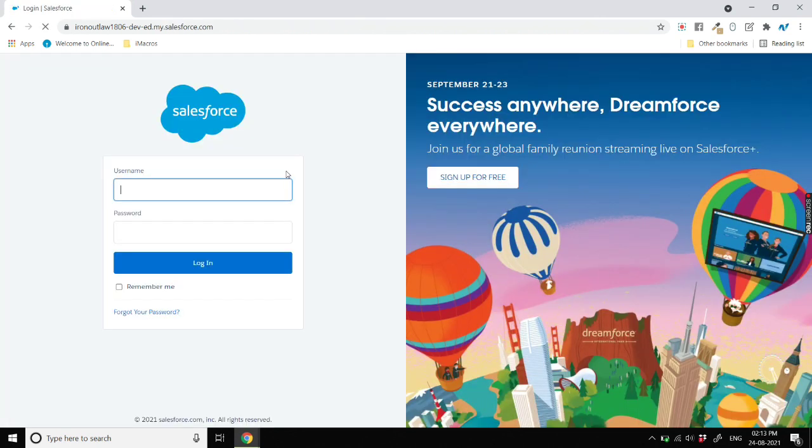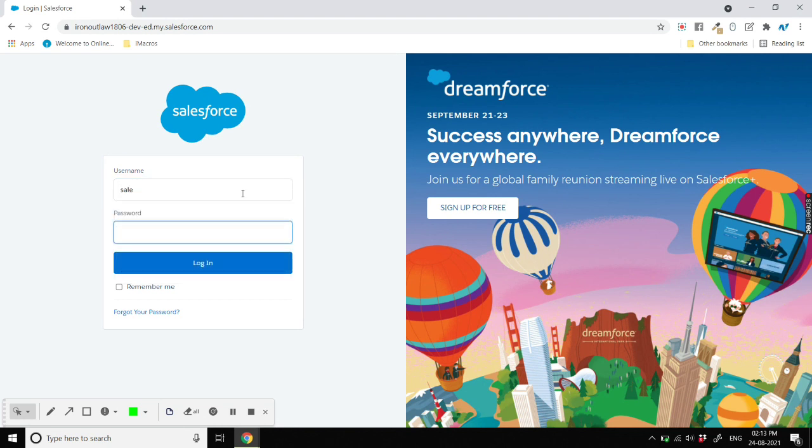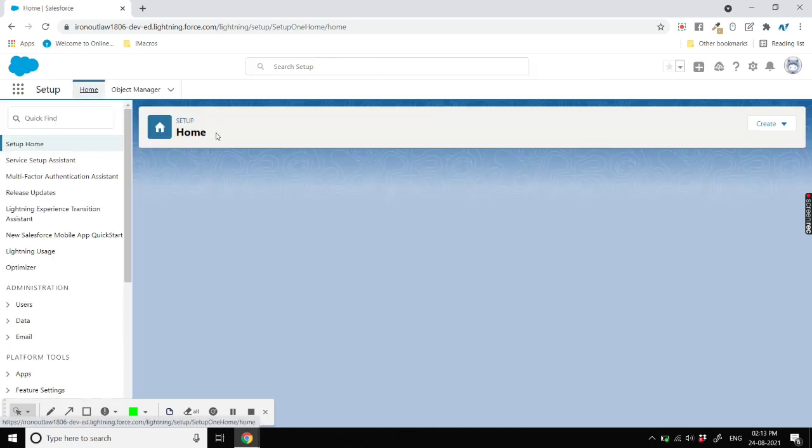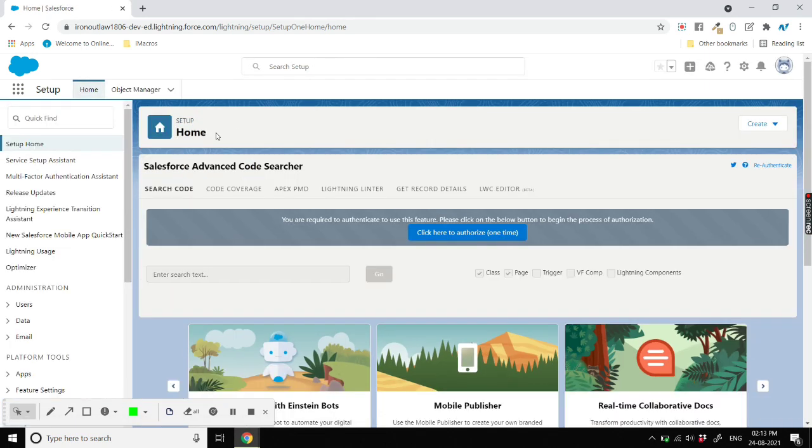Without the multi-factor authentication, I will show you that it's not possible to have a two-factor authentication. See, for this user, we do not have a multi-factor authentication, so this user will be directly logged into the account after the password. So this is how this multi-factor authentication works. So that's all for this multi-factor authentication and how to implement it in Salesforce using Salesforce Authenticator app.